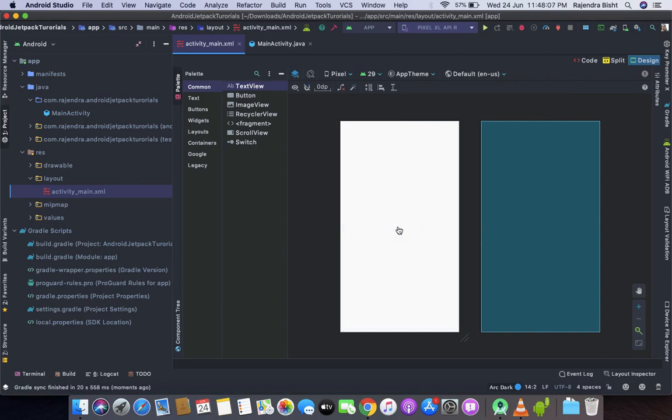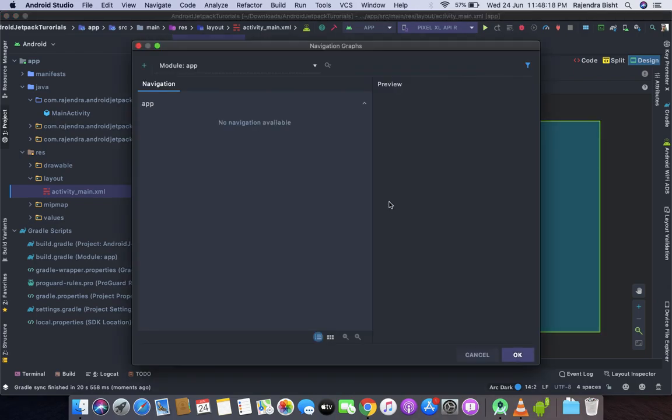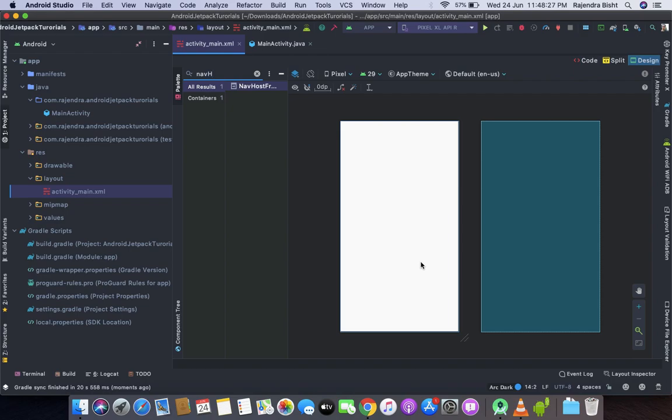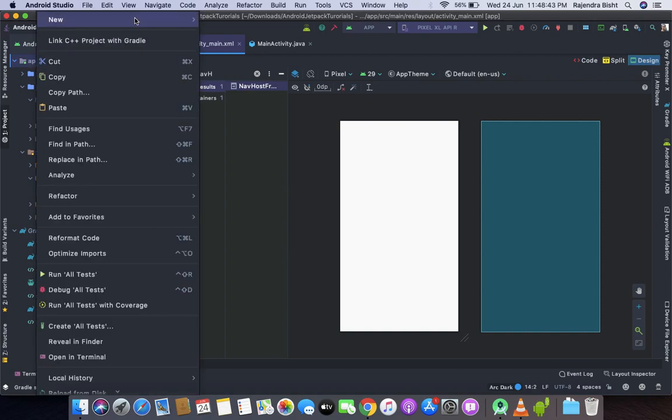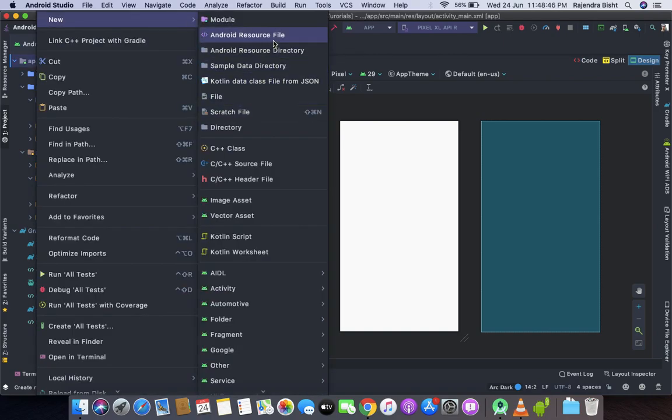Now let's close this, and I'm going to delete the text view. Inside the main activity we will add a nav host fragment. The nav host fragment needs a navigation graph. So first we will create a resource type, which is an Android resource file,